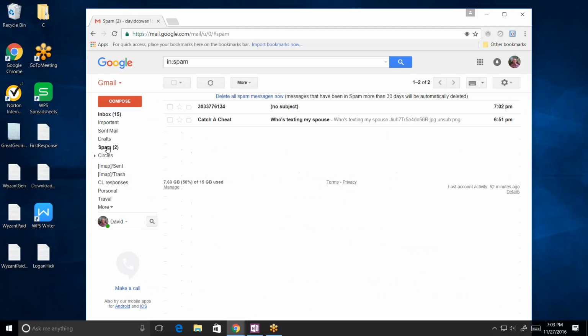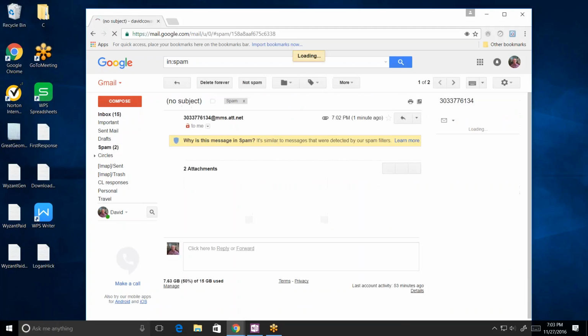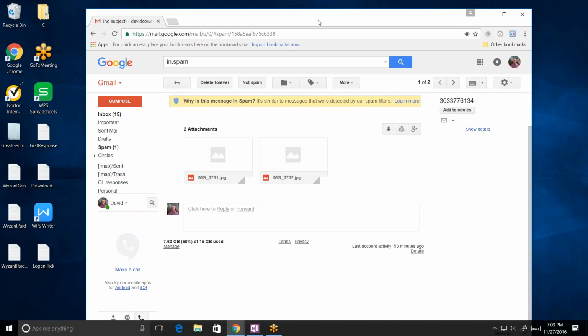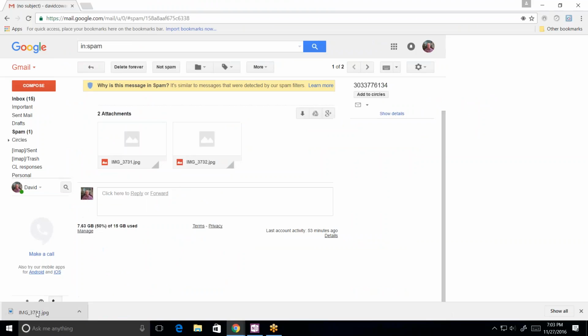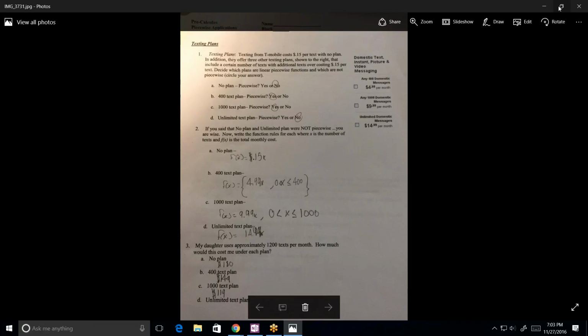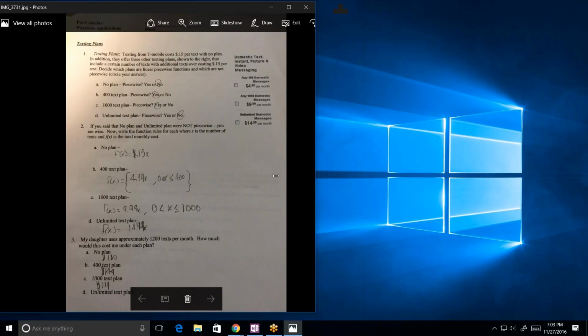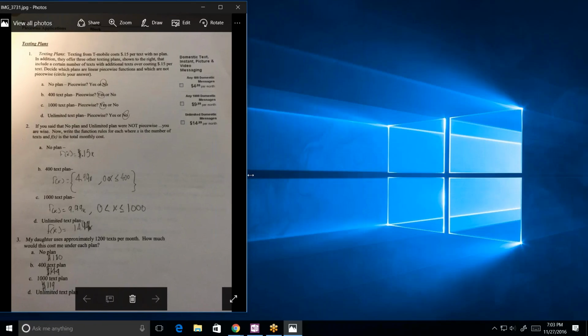Let's see. So you've sent it? I have. Ah, you know what? It appears it came through in my spam, which never happens. That's okay. I can get to it. Are there two of them? Yes, there are. It's a front and back side of a worksheet. All right. I think I can get to it. This is the front, I gather. Yes. And please ignore the stuff from problem 2 down, because that is completely wrong.